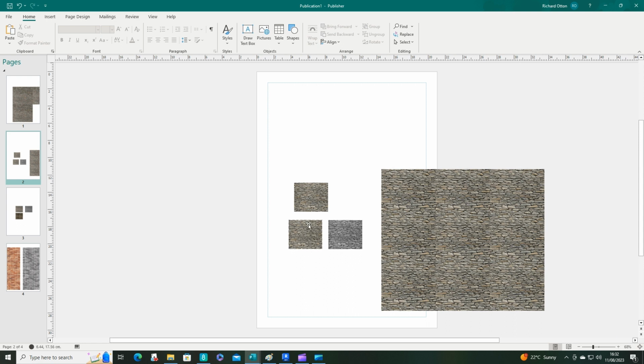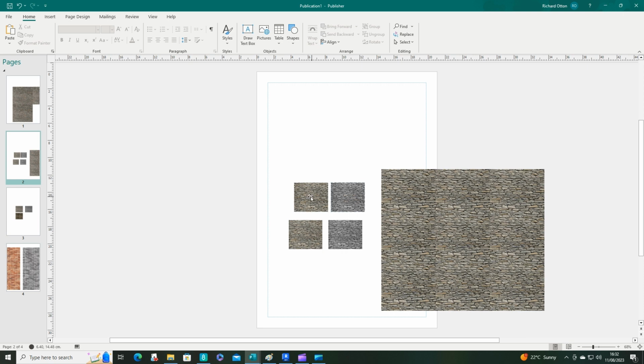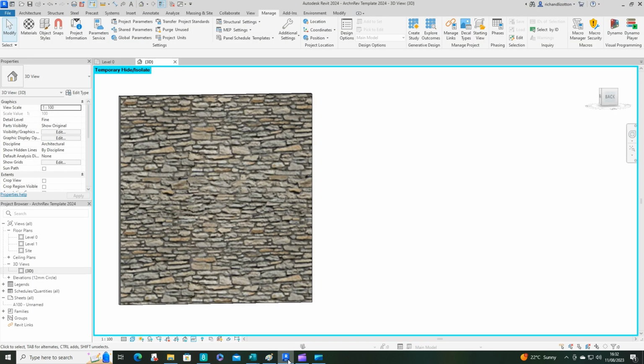Okay, that's the one I've used on the actual one I've already done. So then you just copy it, paste it, stick it in there, and don't forget to picture format, recolor it, change it to black and white. So you've got your color one, your black and white one. Save them both as images. Okay, then back to Revit,